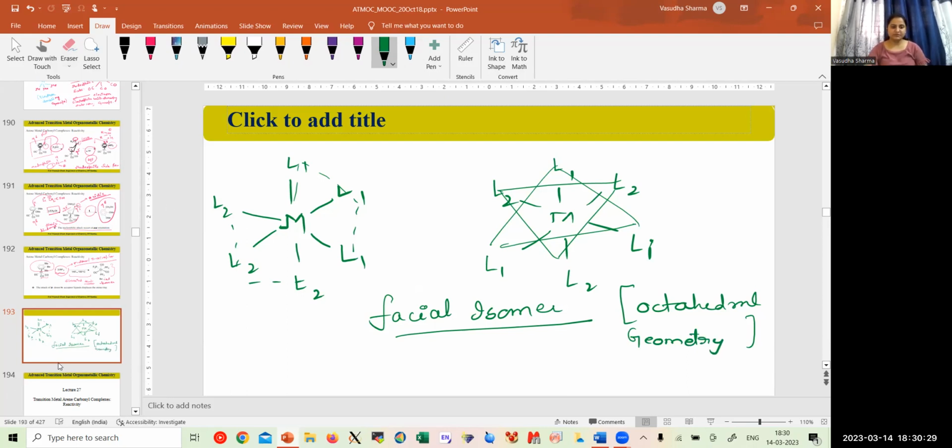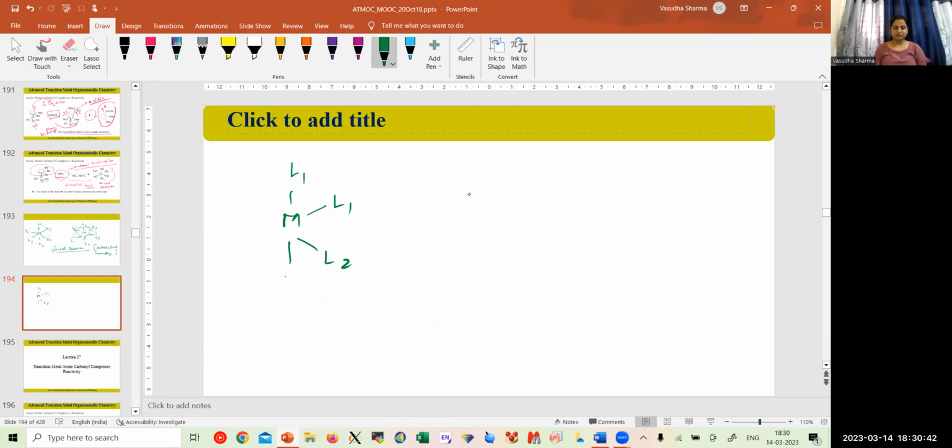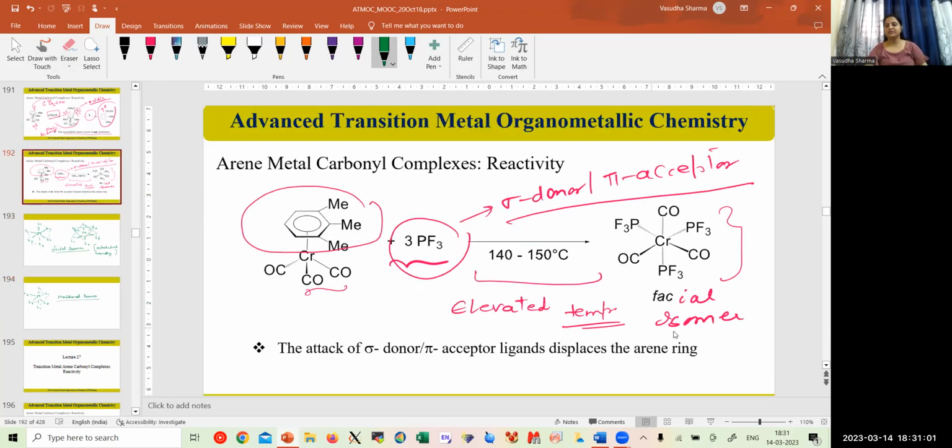And another type is when we are having L1, L1, L2, L1, L2, and L2. So this is not making a proper, this has to go like this. So this kind of arrangement is called meridional isomer. So if you clearly see over here, firstly at elevated temperature, the take-home message is at the elevated temperature,